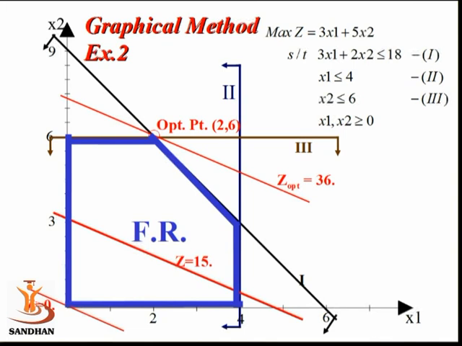So again I remind you how we are doing. Friends, in the second method, the isoprofit line method, we obtain the feasible region in a similar manner, but in place of corners and their coordinates, we make an isoprofit line with the help of the given objective function 3x1 plus 5x2. Keeping the slope the same, we move this line upward in case of maximization and check whether this line touches the feasible region at one corner, and that is (2, 6) here, and its value is 36.